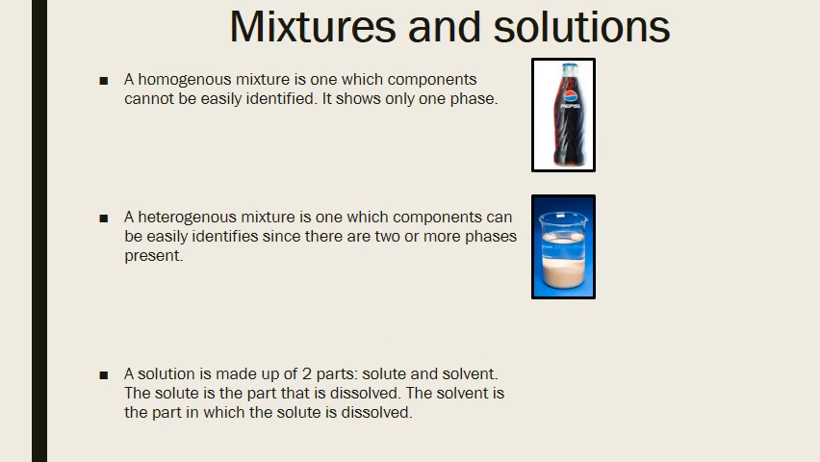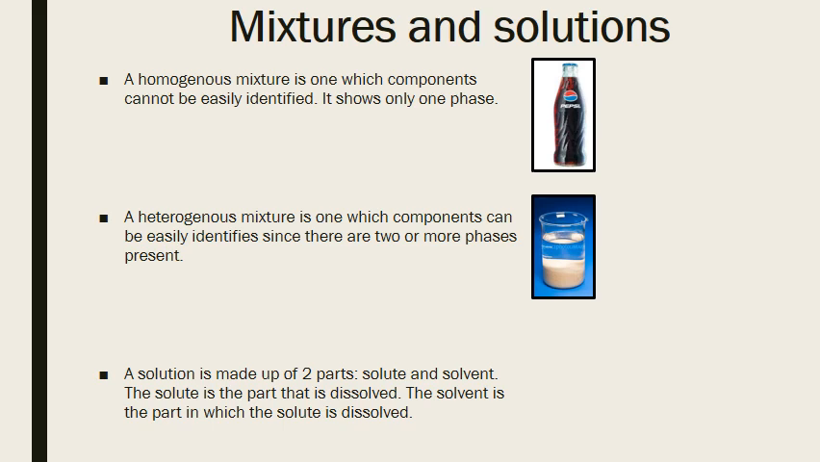We then have mixtures and solutions. A homogeneous mixture is one in which components cannot be easily identified. It shows only one phase. For example, we have Pepsi. It's got carbon dioxide in it, it's got sugar in it, it's got loads of stuff in it. However, we only see the dark liquid. Because we can only see the dark liquid, this is called one phase, and therefore it is a homogeneous